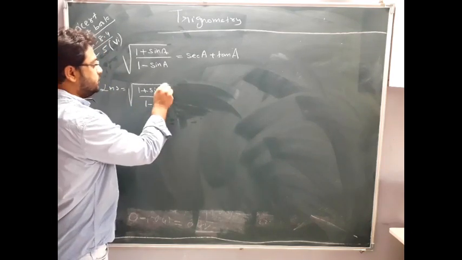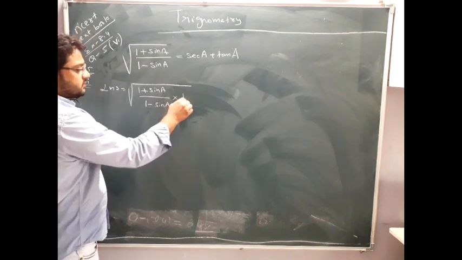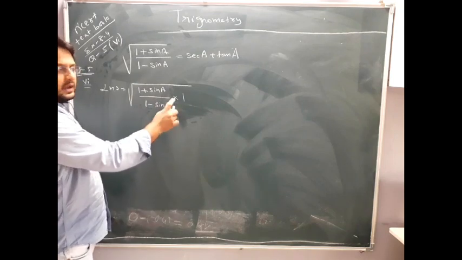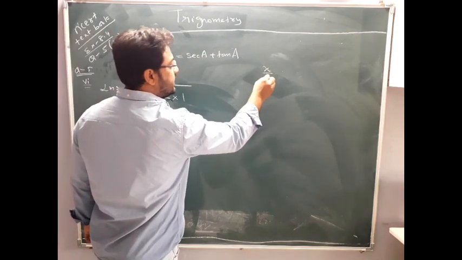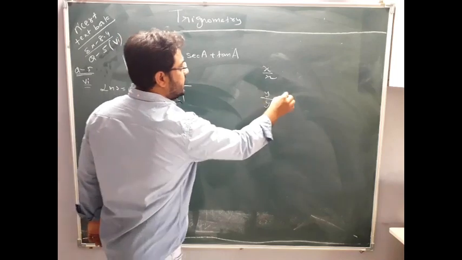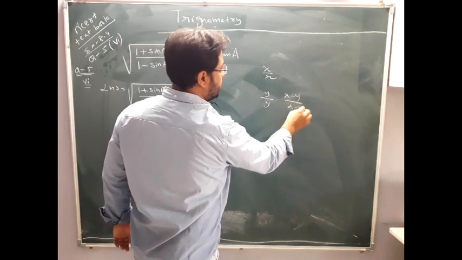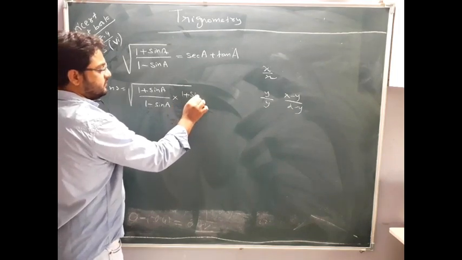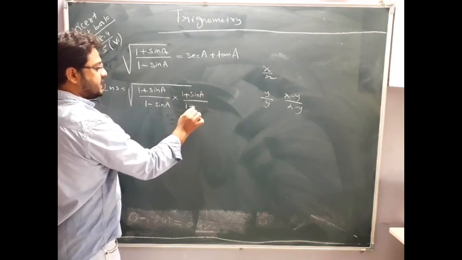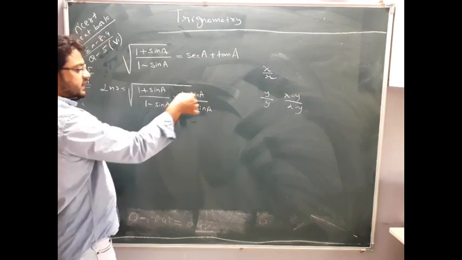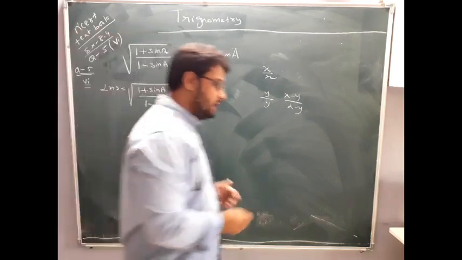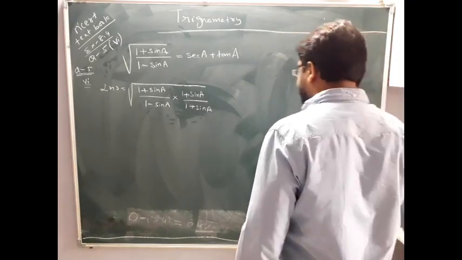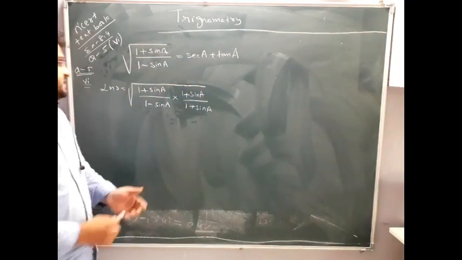Now see how. Every number is multiplied by 1, so this whole term is also multiplied by 1. Now 1 I can write this way also: x by x, y by y, x minus y by x minus y, these are all 1. So here also I will write 1 in terms of 1 plus sin A divided also by 1 plus sin A. This will get cut. This is nothing but 1 only. Nothing has changed, I have just converted 1 into terms of 1 plus sin A and 1 plus sin A.